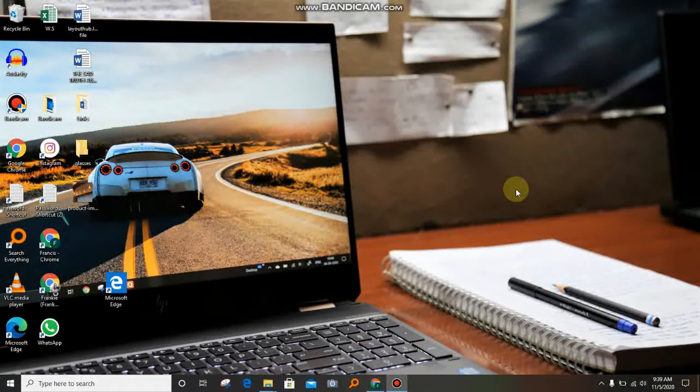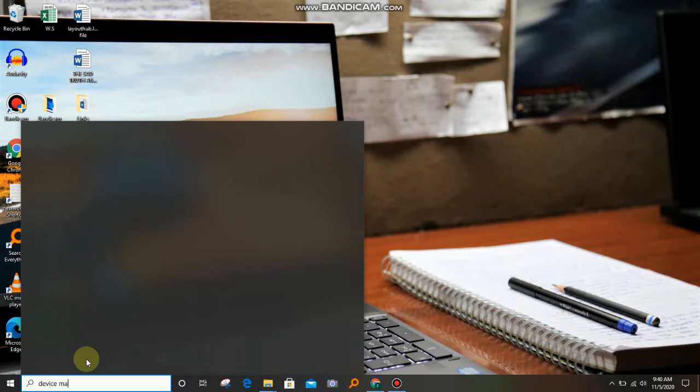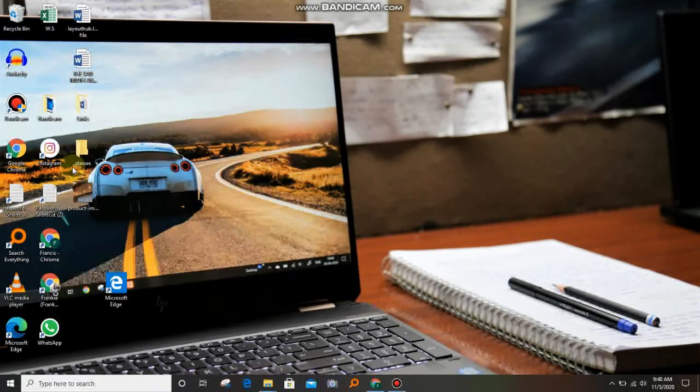It's very important. As much as we may sometimes want to save data and not update, it is important. So we are going to go through how you can update various applications and your device drivers that could in one way or the other contribute to your computer's slow performance. So let's go first to how you can update drivers, and here we're going to click on the start menu first, and then we're going to type in here device manager. The device manager opens, then you click on it to open it,